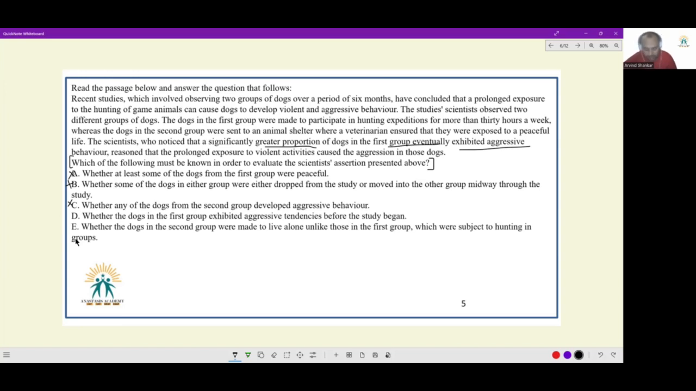If in the second group of dogs on which the experiment was conducted, they were indeed kept in a group, then it strengthens the idea that both the sets of dogs had identical conditions to live by. Yet the first group developed aggressive tendencies at a higher rate than the second group. So E is also fine. But now we are down to the fight between D and E, which one is better. Now see,